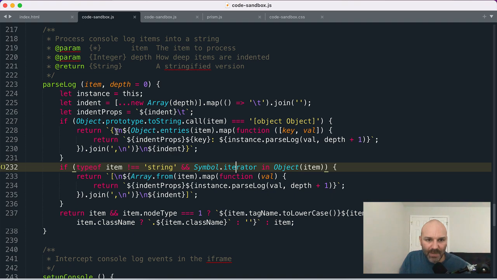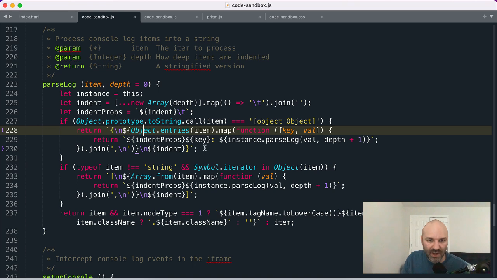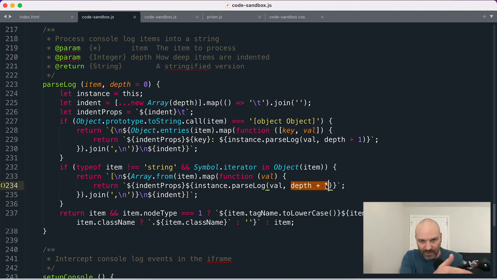So with this one, I'm adding some indents. You can see I've got my curly brackets for objects, square brackets for arrays. One other thing we're doing is for the property itself, I am passing it into parse log. That way, if the array or the object has an array or object nested in it, we repeat this process all over again. I increase the depth by 1 each time I do that so that we indent increasingly deep as we go. And if it's not an array or an object, we just render out the string as is,